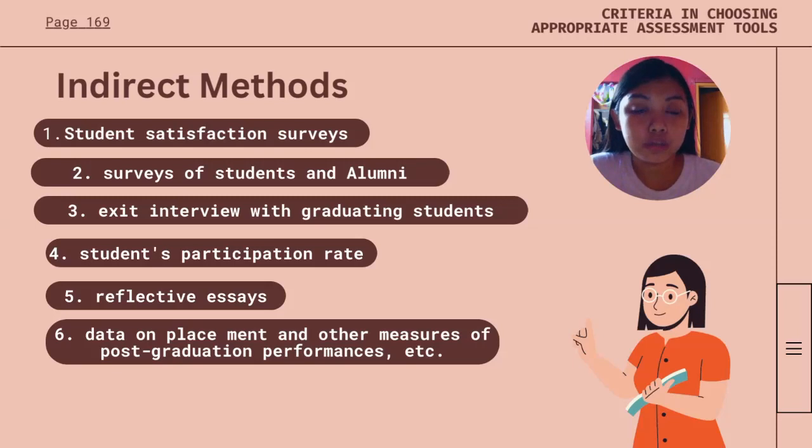What are the examples of indirect methods? The first one is student satisfaction surveys. Second is the surveys of students and alumni. Number three is exit interviews with graduating students. The fourth one is students' participation rate. And the fifth one is reflective essays, as well as data on placement and other measures of post-graduation performance, and